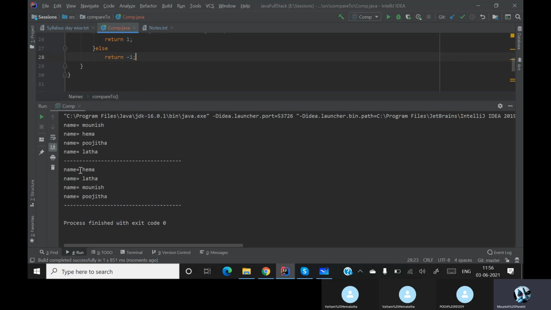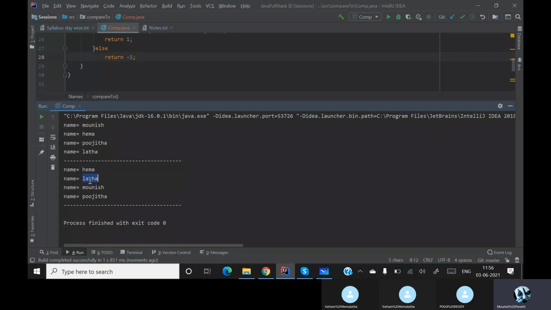did it sort it or not? Yes, sir. It is sorting with the length, not with the alphabets. See over here, Hema has 4 characters, so it is in the beginning.